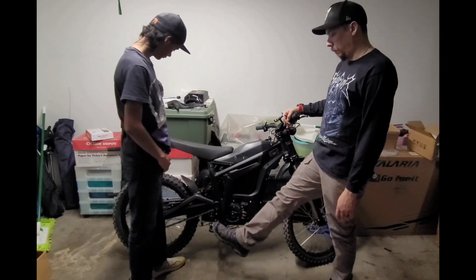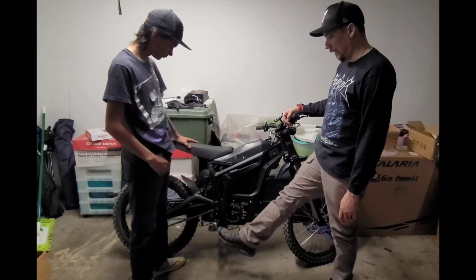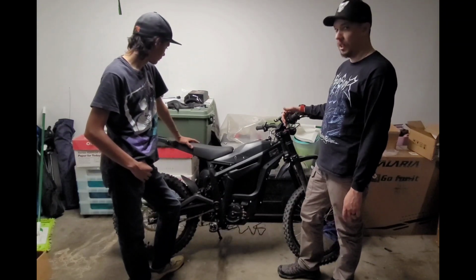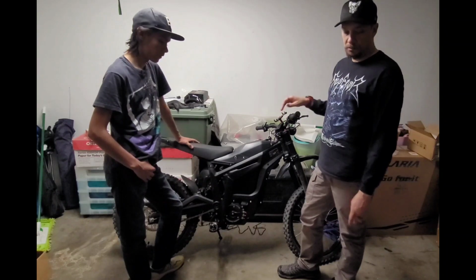One of the things was we replaced the pegs. I actually just did that today. These are just a little bit wider than the ones that come with the...